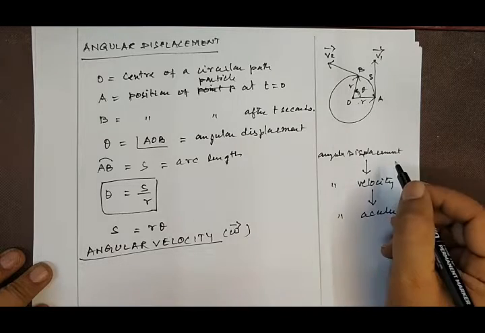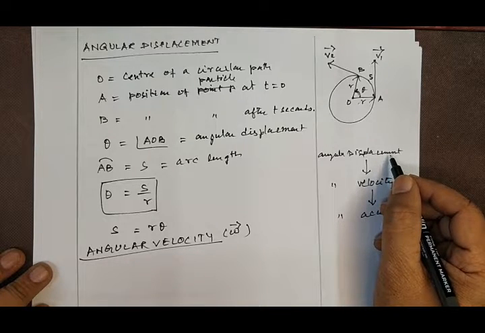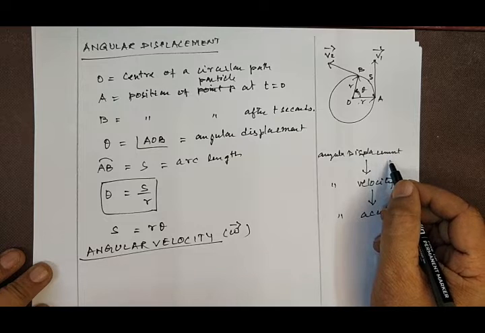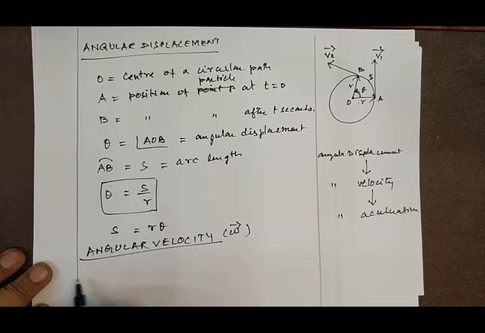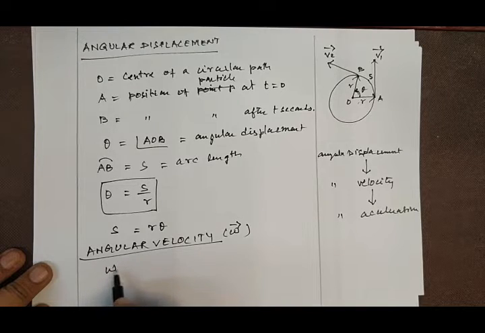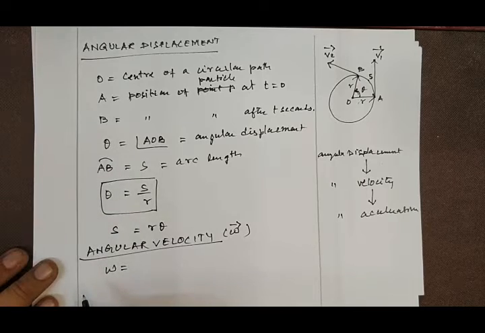As I already mentioned, the rate of change of angular displacement is called angular velocity. So omega is equal to, we can give this in terms of a limit also. So limit delta t tends to 0,